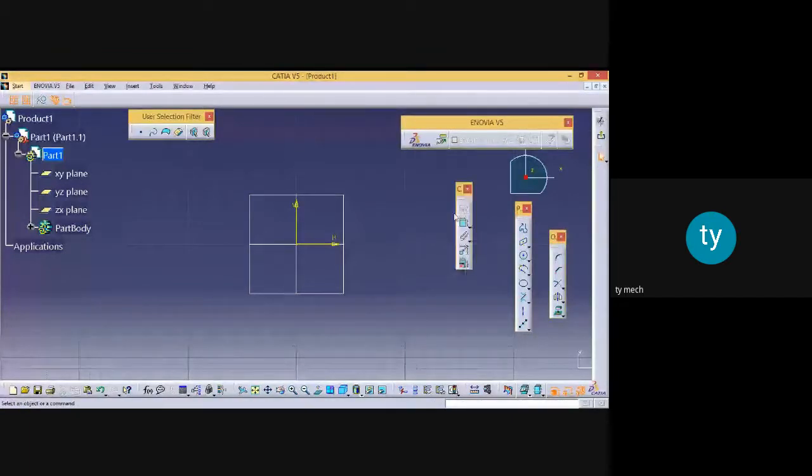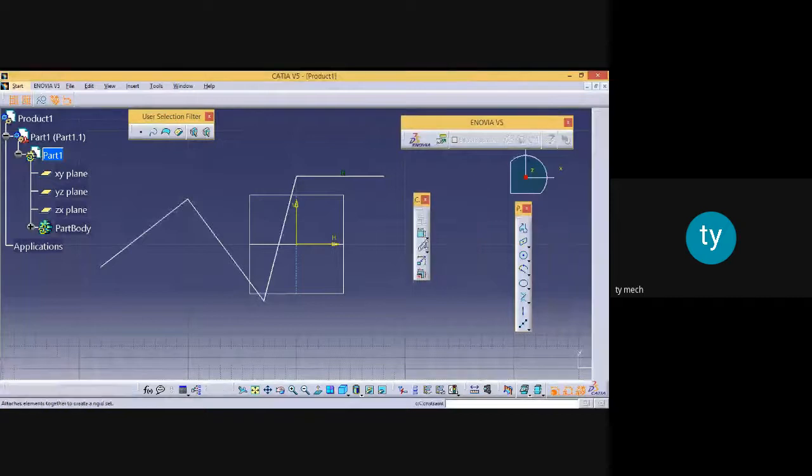In CATIA, dimensions are given in terms of constraint. Suppose I will draw a continuous line. This is the first, second, third, fourth, fifth, and I want to give dimension to each line or point. So for this purpose, this small c, the menu name is a constraint. In CATIA, this is named as a constraint. Are you getting? So you have to understand this. In the constraint, there is a menu constraint. Once again, select this menu.